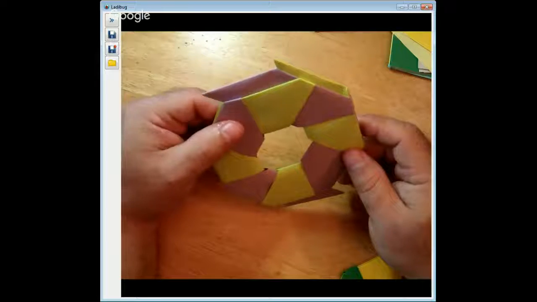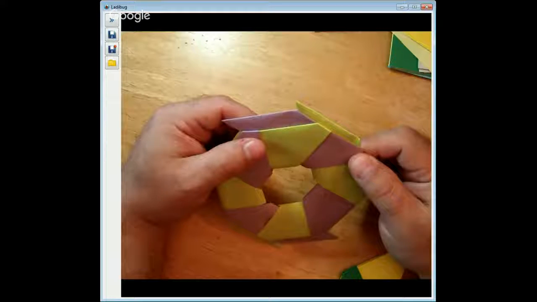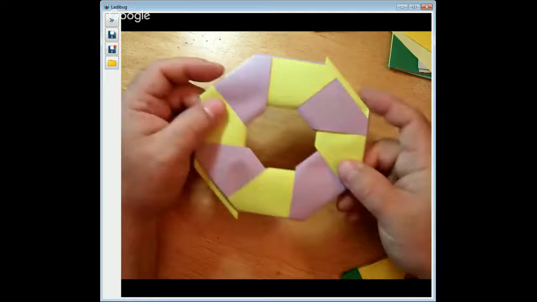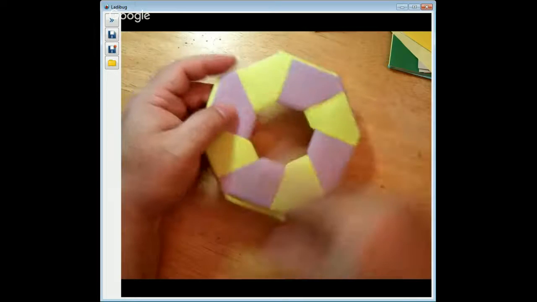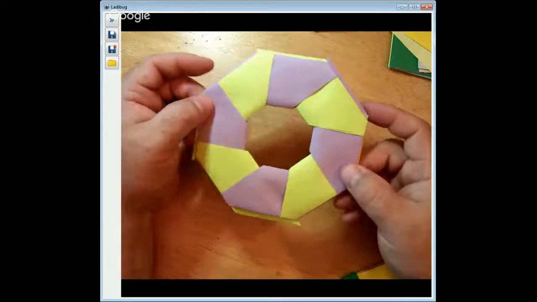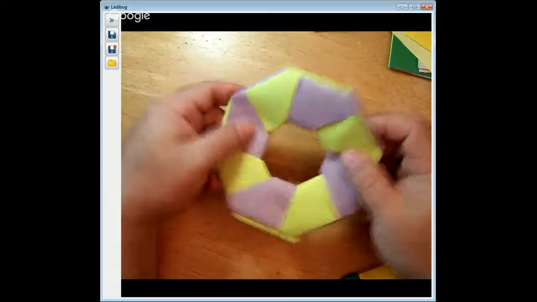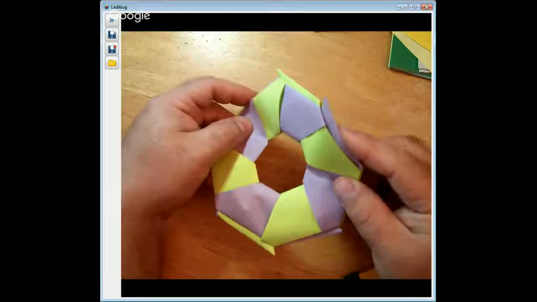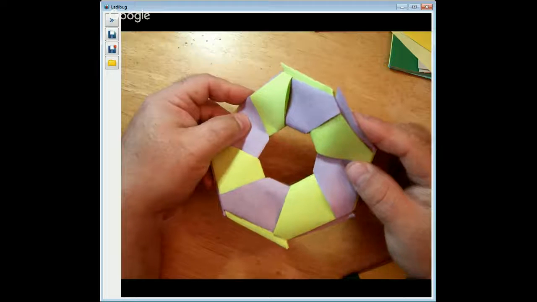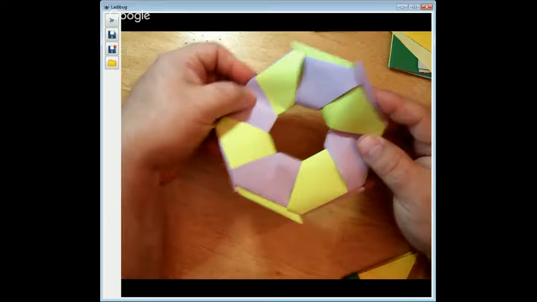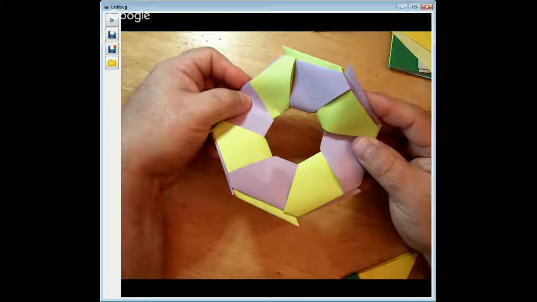I know Lacey shared that some of her pieces weren't perfect. Mine's a nice perfectly flat wreath. This will not happen for most people's models right off. You won't get a perfectly flat one. You might get one that looks like this, so it's all warped and distorted. So this is typical. If your wreath looks like this when you're done, that's not unusual,